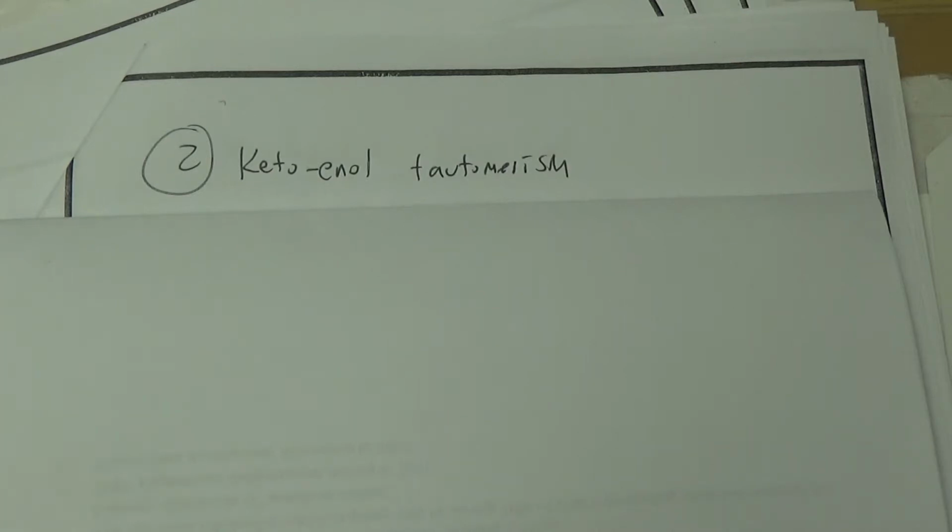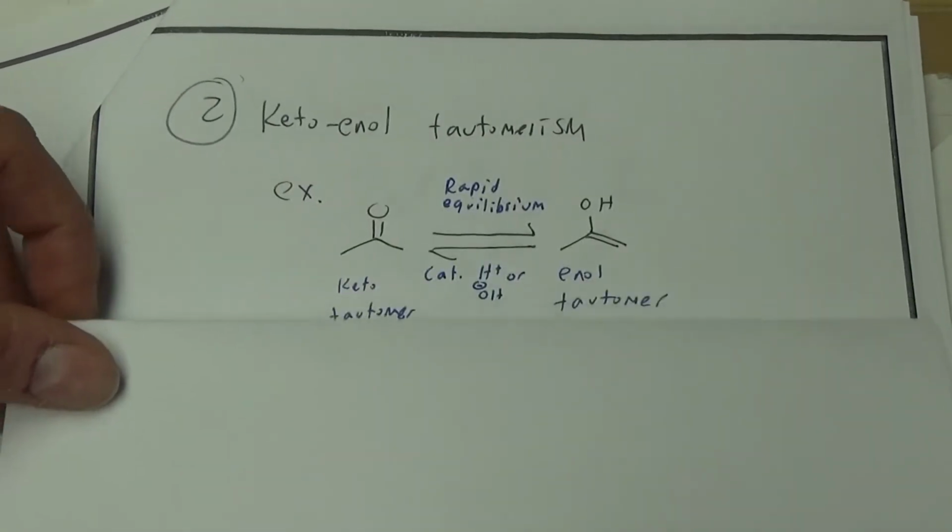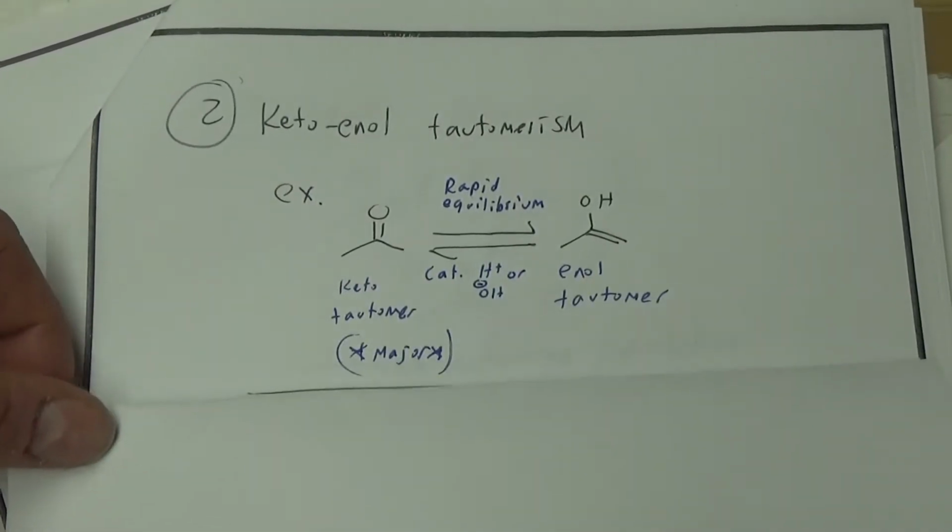Hey everybody, so we're continuing with chapter 18, which is kind of talking about keto and enol tautomerism. That's sort of a main topic. You know, we have the two different forms of a ketone or aldehyde, and they are tautomers, right? And as I'll review from last time, but basically